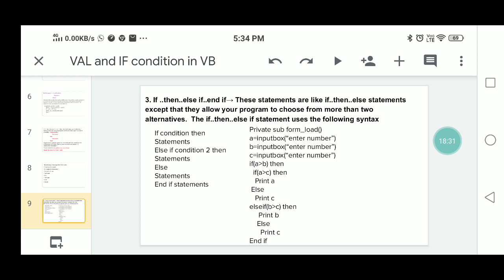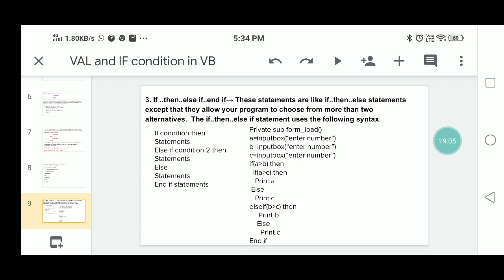After execution of these 3 statements, it will ask for the values a, b, c through the keyboard. If a is greater than b, it's true, and it will take another if. If a is greater than c, it's true, print a and come out of the if section. If a is greater than c is false, it will go to the else part and print c. Then come out of the end if.